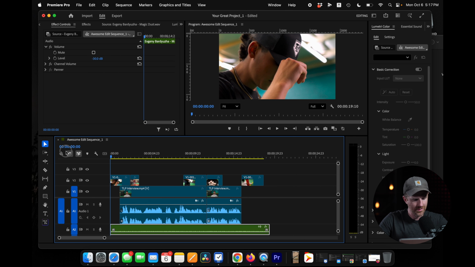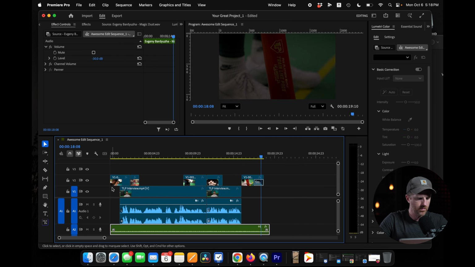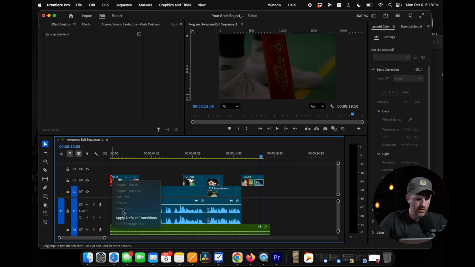And one more thing, if you want to do a quick transition, like a dissolve in or a fade in, go to the edge of your clip, right click, and hit Apply Default Transition. It's going to put a nice little fade out. And you can change the length of that fade out just by clicking and dragging. So we're going to do that with both video tracks and the audio tracks as well. And you need to make sure that when you do that, that little red bracket with the arrow is highlighted